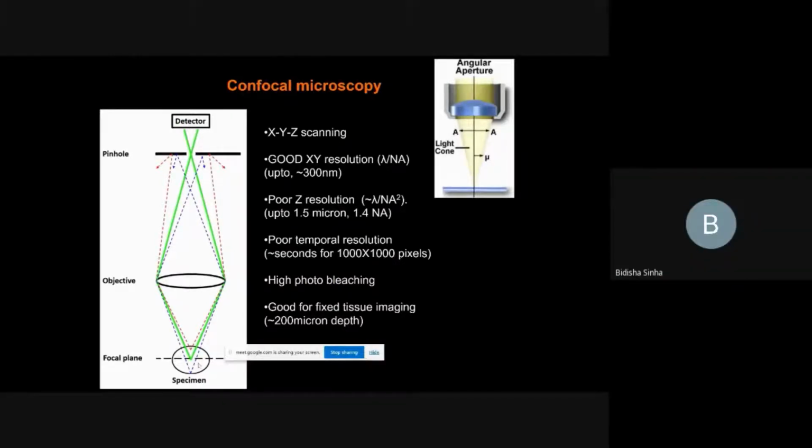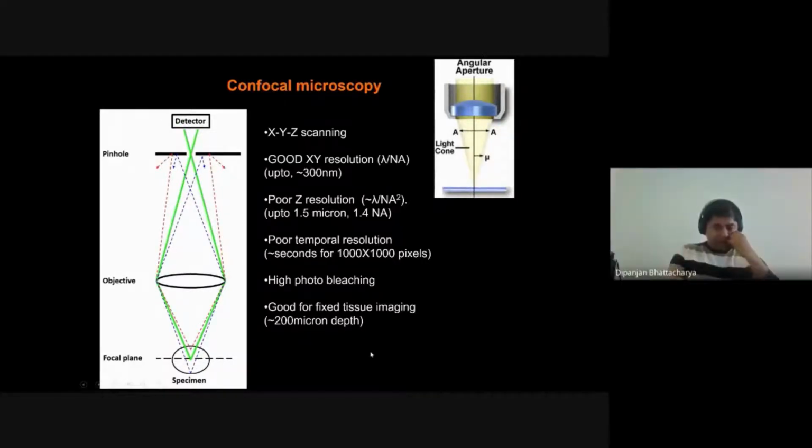Dipanjan, can you remove that or hide that meet.google.com is sharing your screen? We are unable to see part. No, right. Thanks. Sorry. I didn't realize it is also coming that side. Okay. So